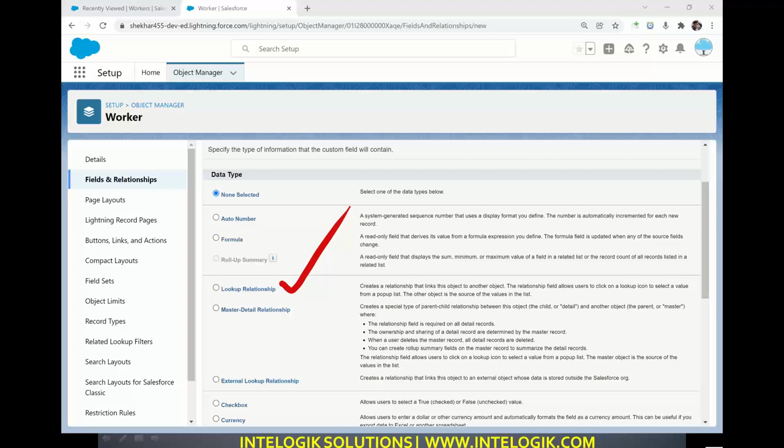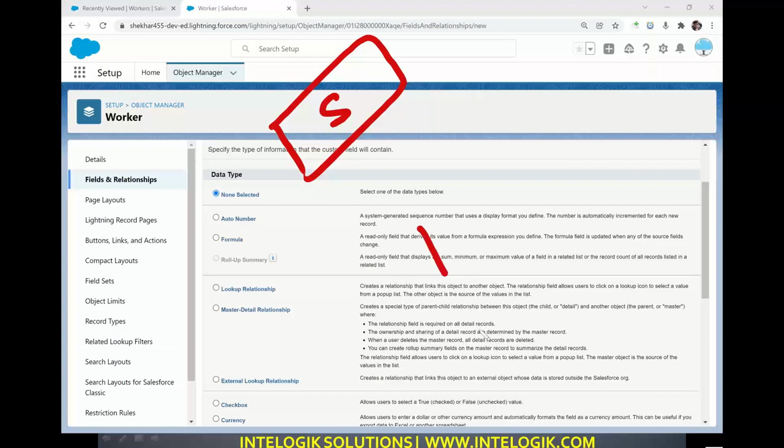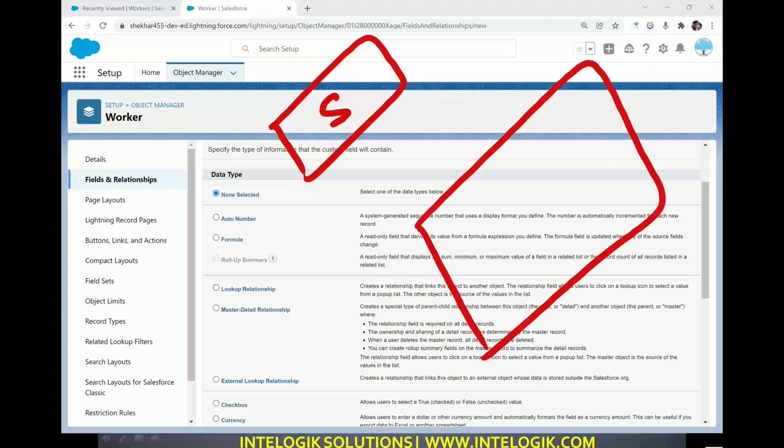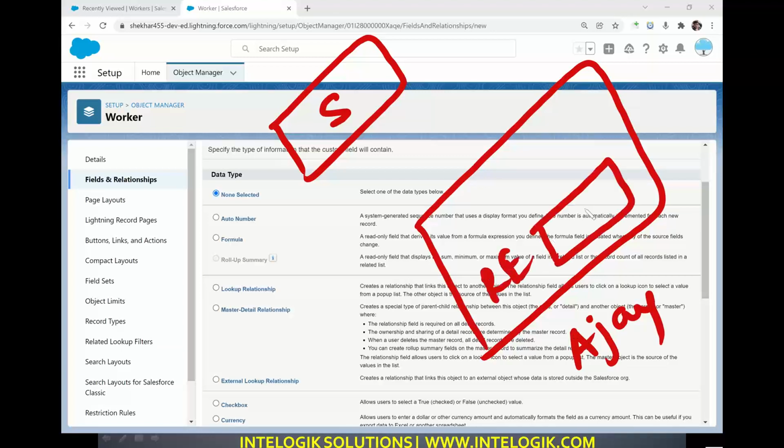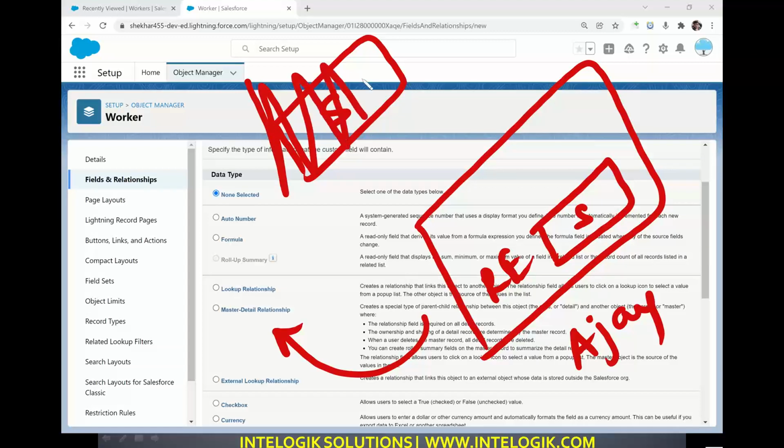Now let me give you one more hint. For example, let's say Shekhar is an existing employee, an existing person in that record. Now we are creating the record of a person, let's say Ajay, and he mentioned my reference employee is Shekhar. He selected that record. Now, if I select master detail relationship here, then when Shekhar's record is deleted from the database, Ajay's record will also be deleted.